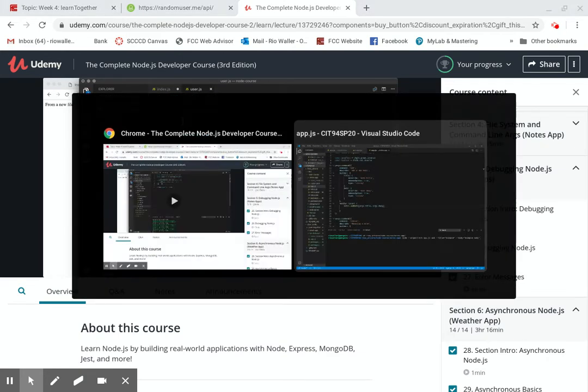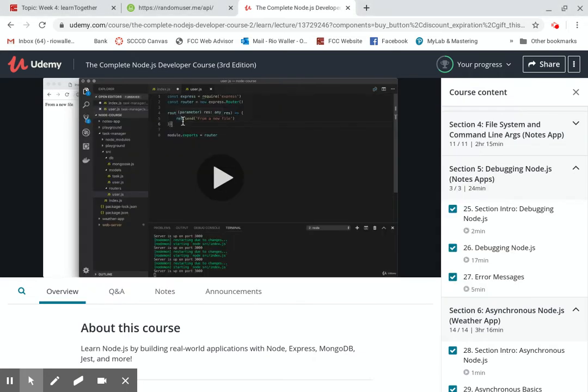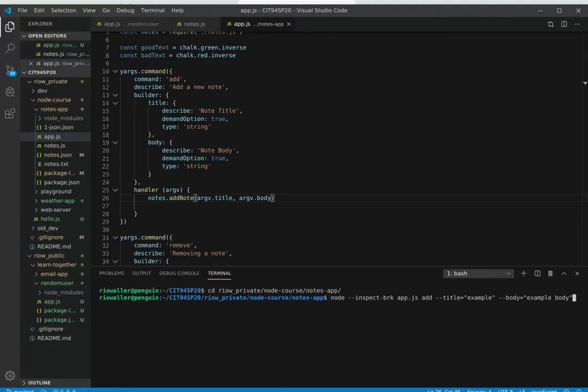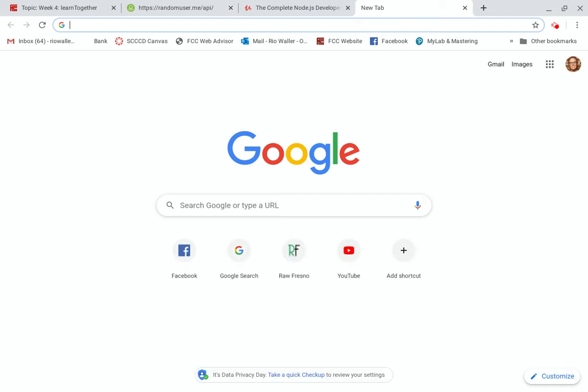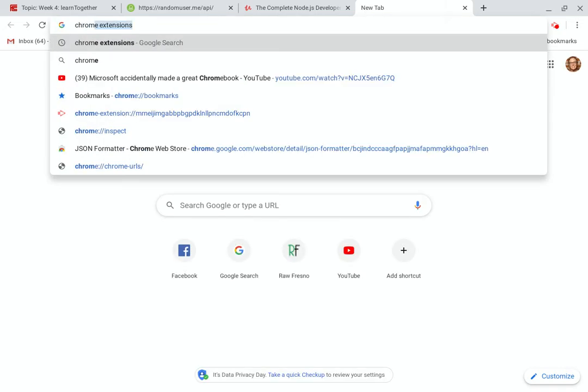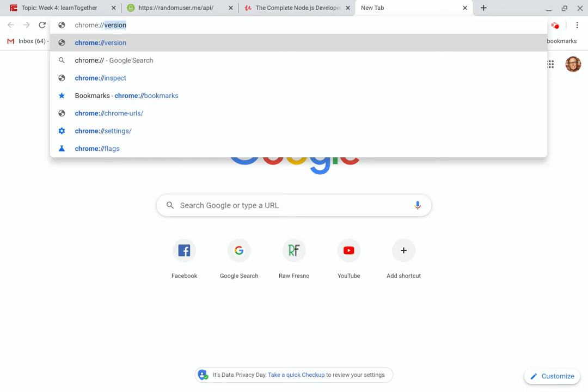So just briefly here, I'm going to move over to my editor real quick. I have his Node app up, and I'm going to run node inspect break app on the command line, passing it title and body. He was showing how to do it at the command line, but realistically this is probably a better way to do this. And then you just go to Chrome, go to inspect,